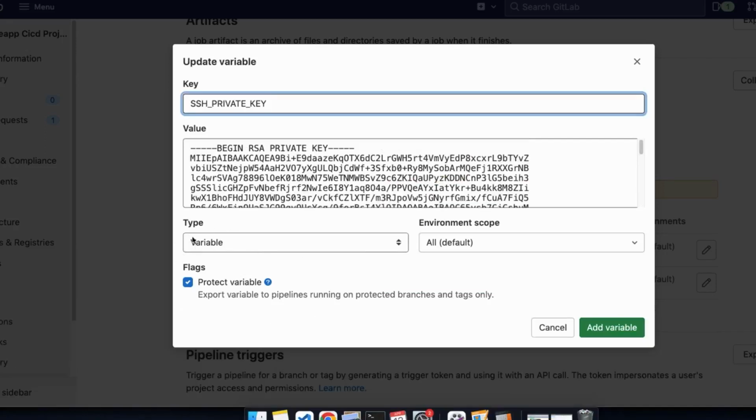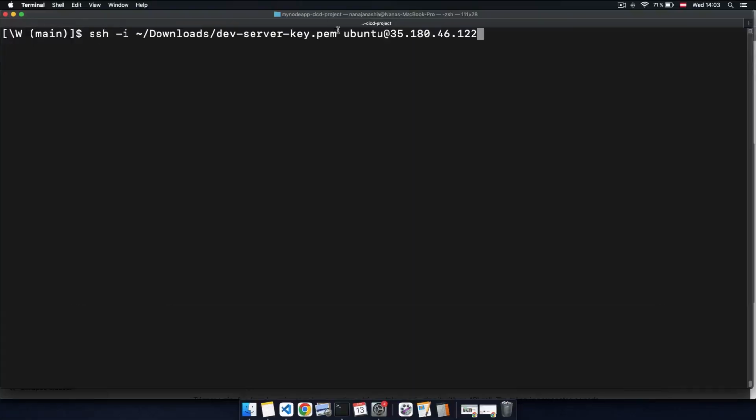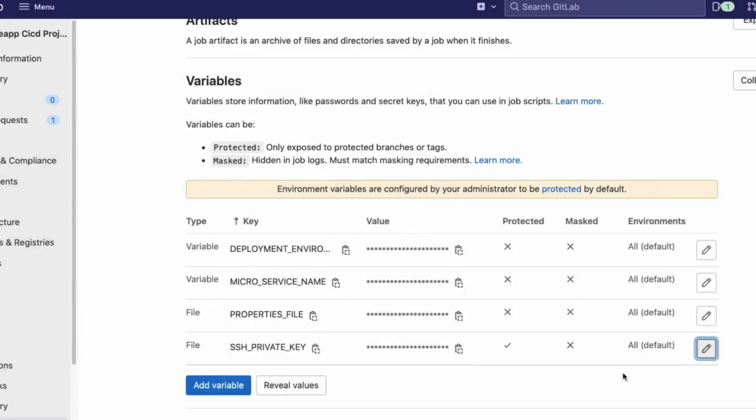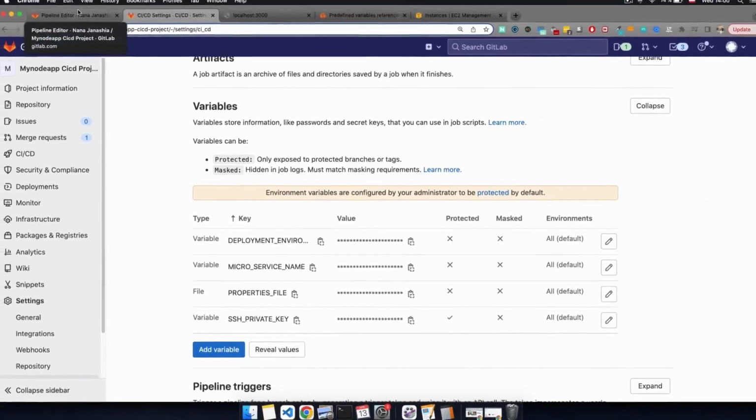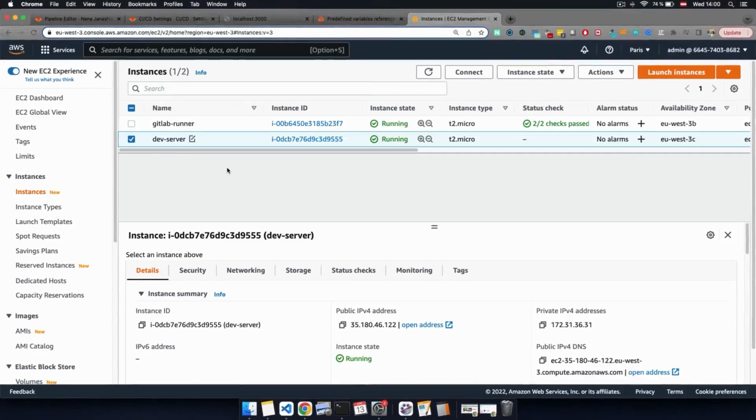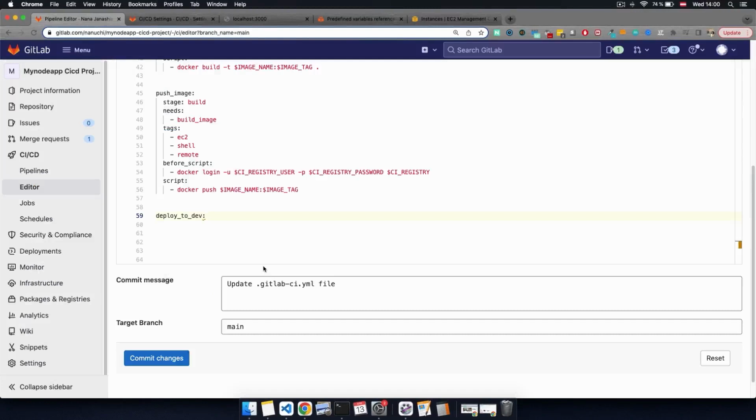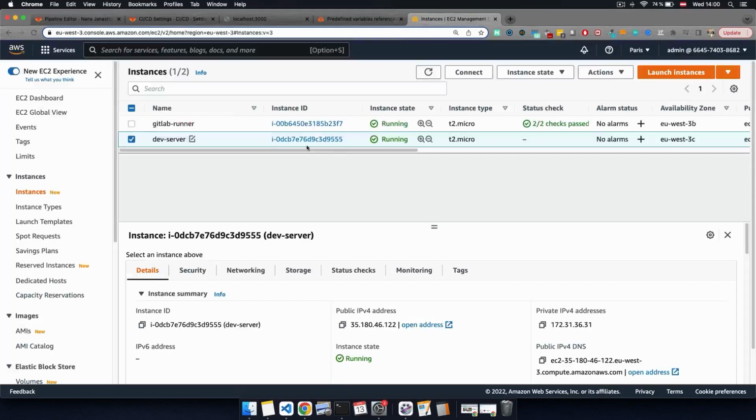And finally, we're going to change the type of our value to a file, because we want our private key as a file, so that we can pass it like this. And let's create our variable. So now we have that private key available for GitLab in the pipeline, and we can use that to SSH into the dev server. So going back to our pipeline, let's actually write the script that will SSH into the